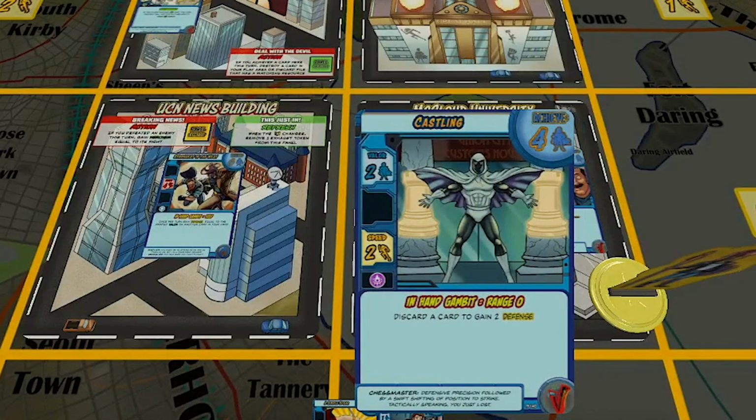That's awesome. Well, maybe it's awesome. Let's look at the card. 4 achieve, so it's going to need 2 speed to defeat it. Gives me 2 valor and 2 speed, not bad. And an in-hand gambit, I can discard a card to gain 2 defense, which is nicer than my basic defense